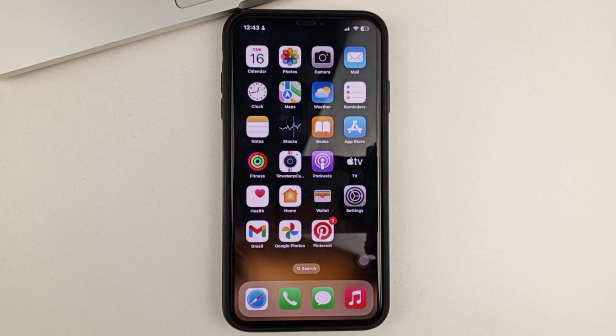And in this video, I will show you and tell you how you can easily disable the device merge feature